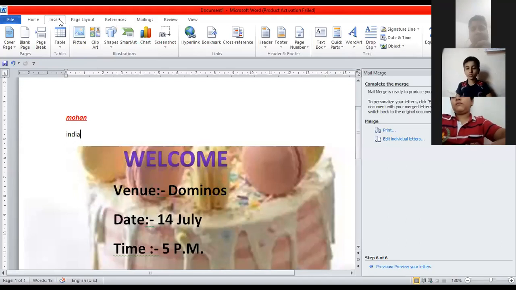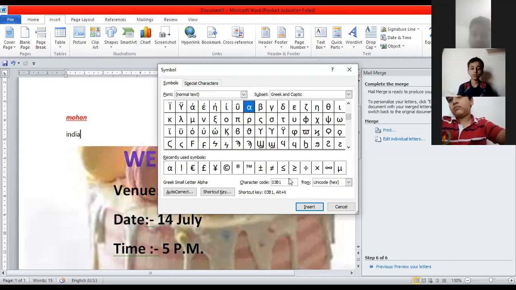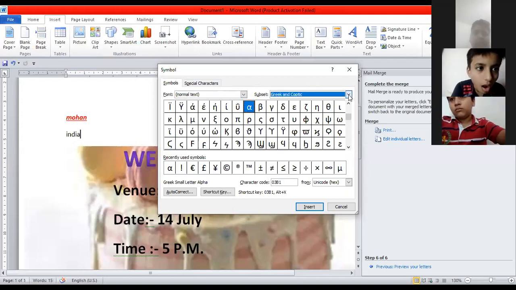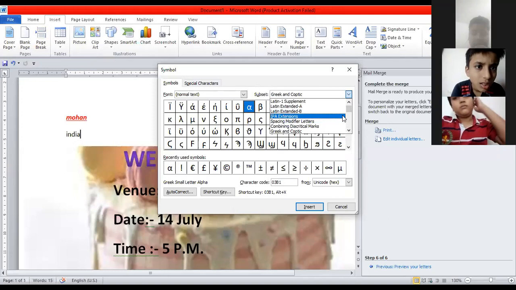So we have to go to Insert, then here you can find Symbols. Click on More Symbols. There are so many symbols, so you have to search there, like in Currency. In many old systems it is not there; in new ones it is coming.